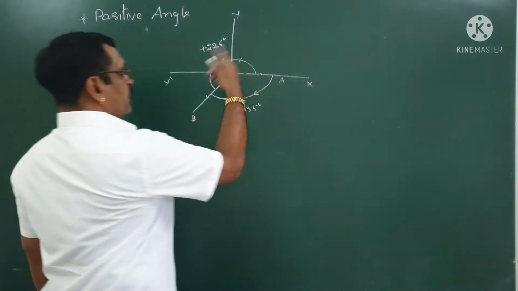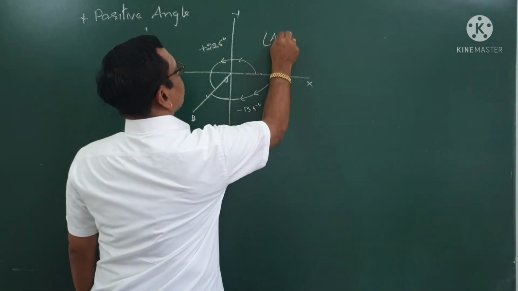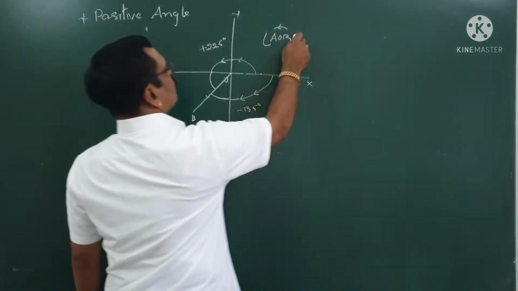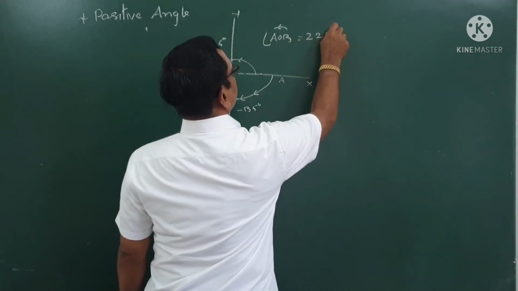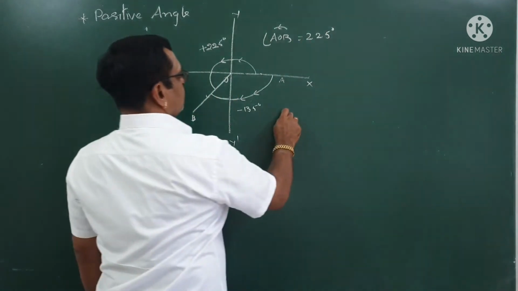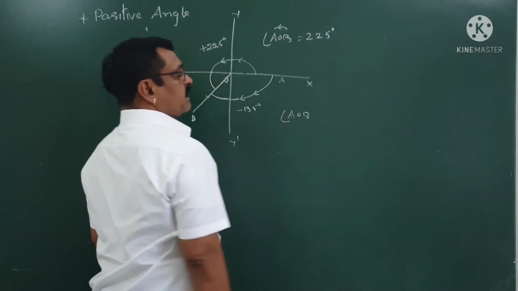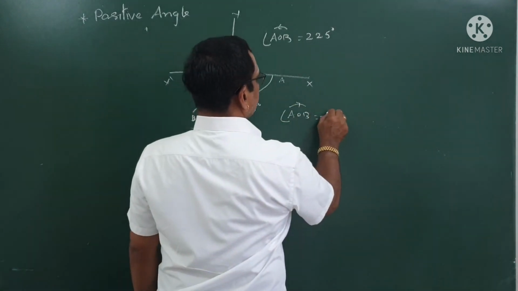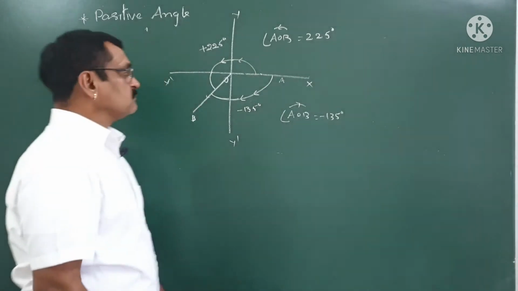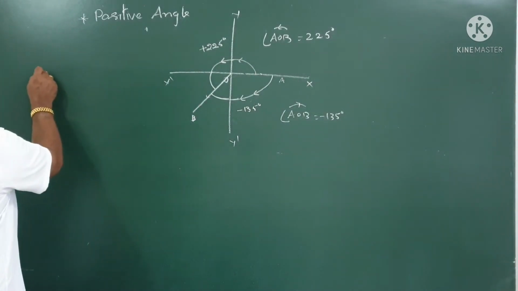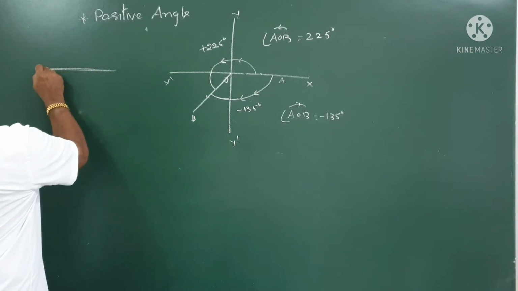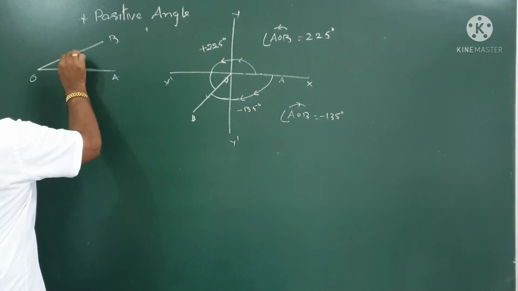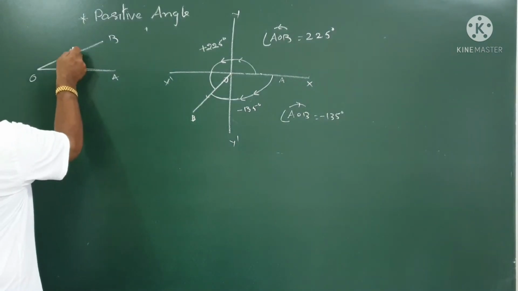So here, angle AOB in anti-clockwise direction is 225 degrees, whereas for the same OB in clockwise direction it is minus 135 degrees. In general, say OAB, if this is theta,